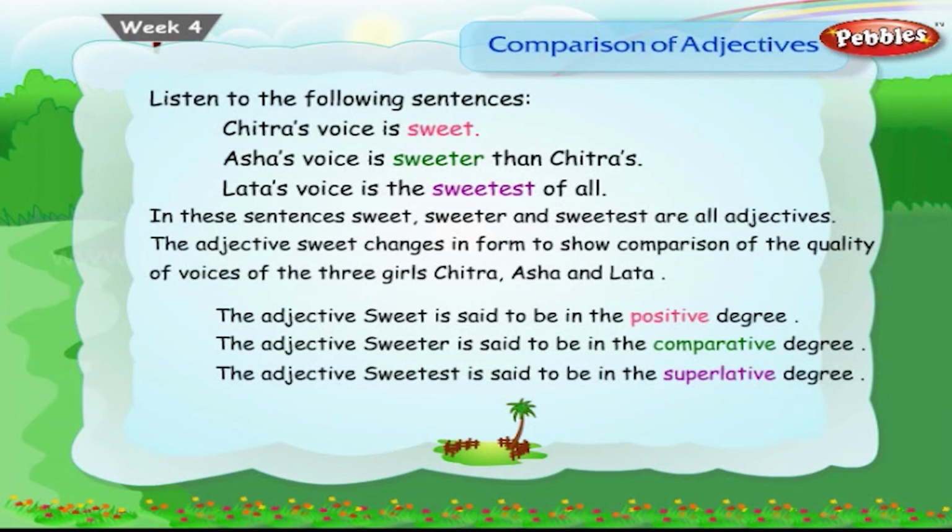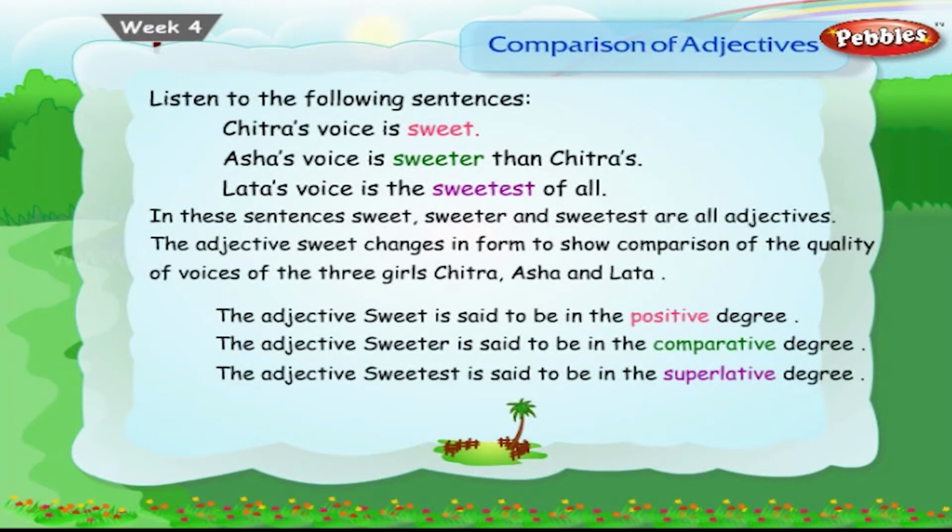Having seen the kinds of adjectives we have in the language, let us now look at comparison of adjectives. Listen to the following sentences. Chitra's voice is sweet. Asha's voice is sweeter than Chitra's. Lata's voice is the sweetest of all. In these sentences, sweet, sweeter, and sweetest are all adjectives. The adjective sweet changes in form to show comparison of the quality of voices of the 3 girls, Chitra, Asha,